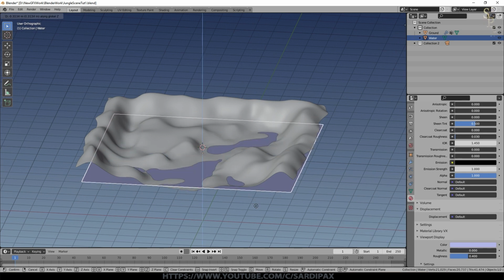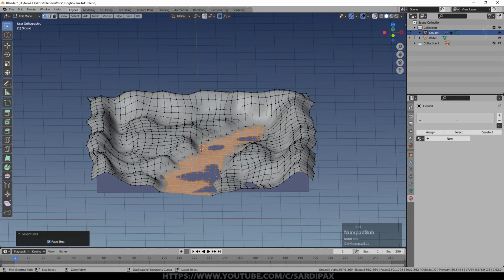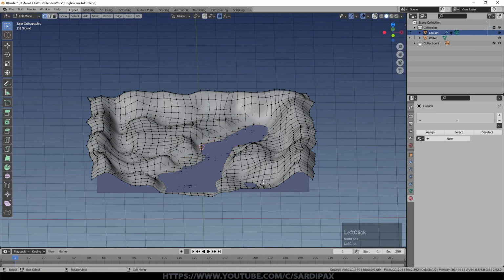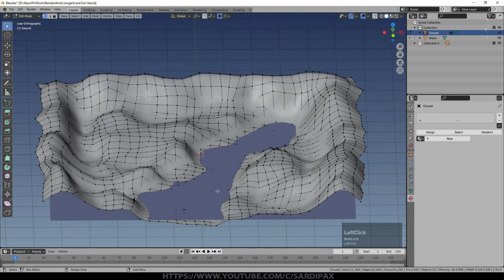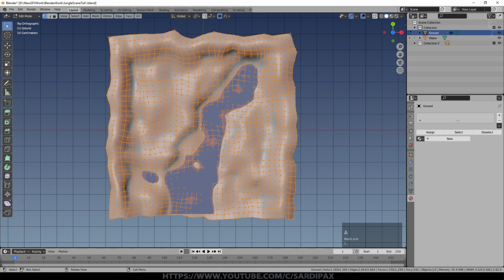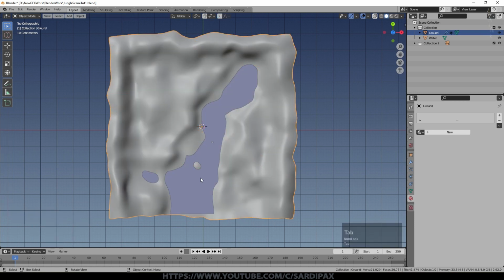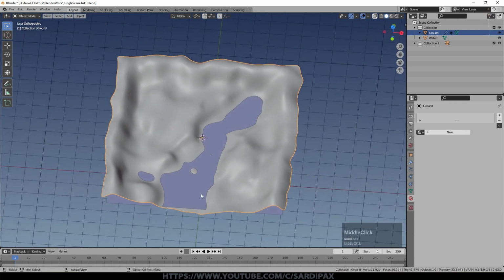Now you can see I am going to need to adjust the stream area a little bit. So I'm going to shrink that in slightly and G Z, and we'll lift this area up. It's fine if it's a little shallow in some areas because that's what a stream as opposed to a river or lake would be. I'm going to look from above. I've got my ground selected, select everything in edit mode and just press U and unwrap. I didn't bother applying the scale to the water at the moment. I may do later, but it's not really necessary because I'm not going to be adding any geometry nodes or particles to that.